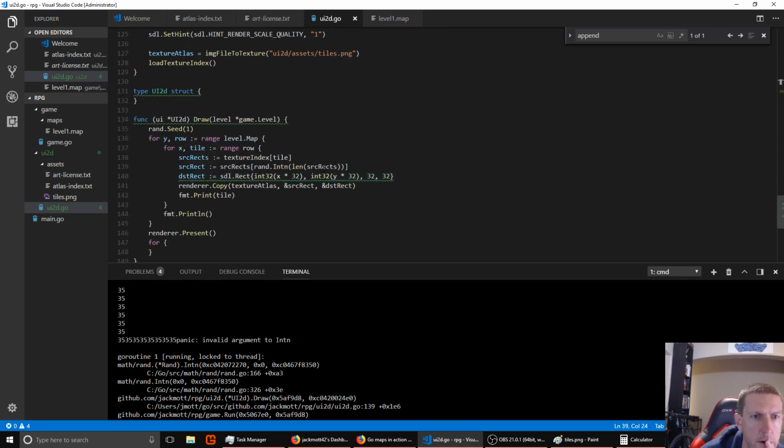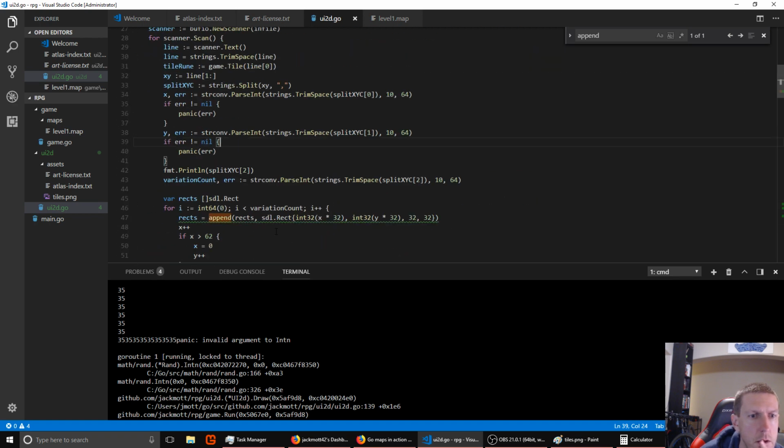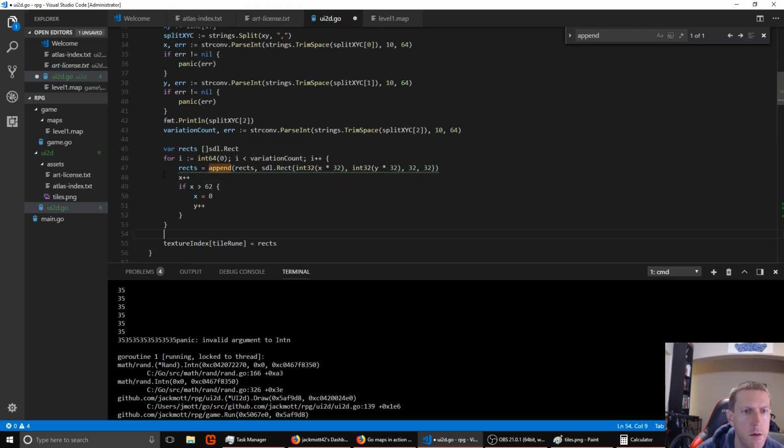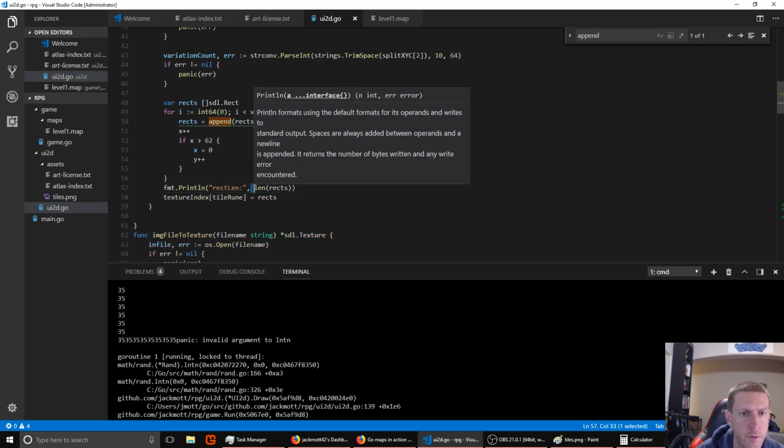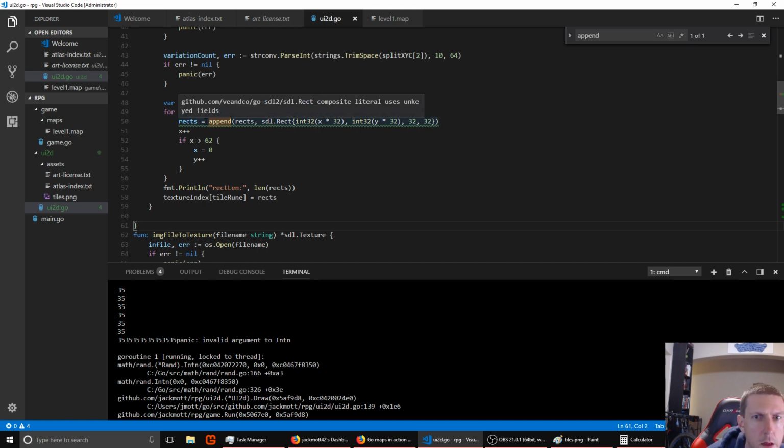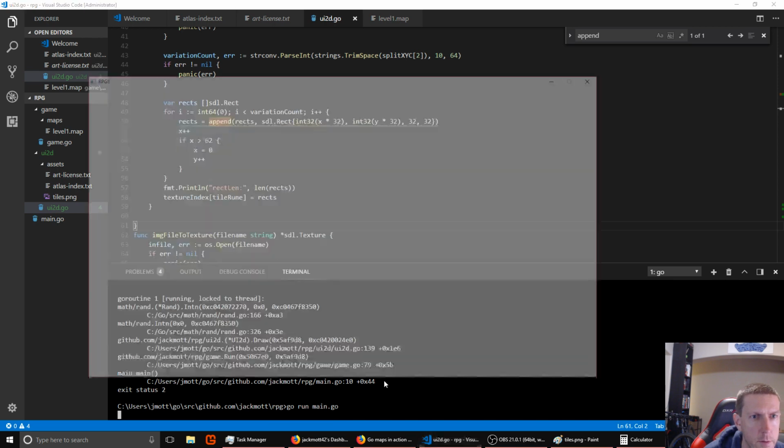That happened down here. We had a source rect of length 0. Let's figure out why. Also, we should be checking error here. So I'm just going to print out the length of all the recs as we go along and see why we got one that was